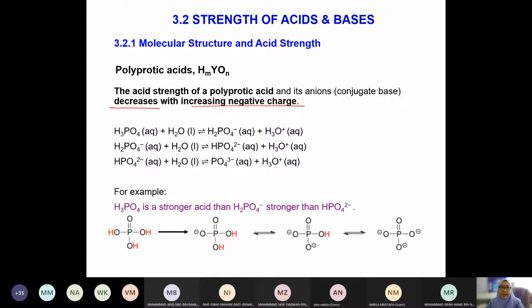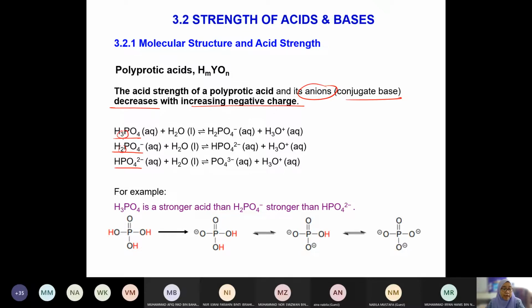Ataupun kata lainnya, lagi tinggi negative charge untuk dia punya anion ataupun dia punya conjugate base, lagi weaker the acid is. Okay, if we were to compare between H3PO4, H2PO4 minus and HPO42 minus, we want to determine which of these